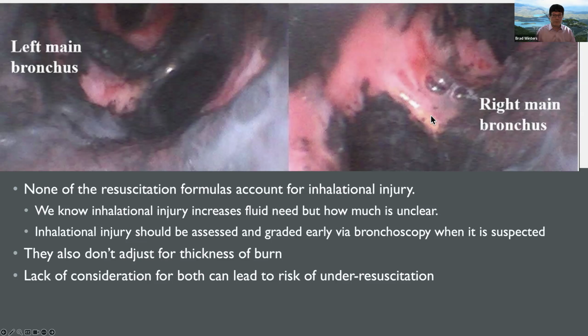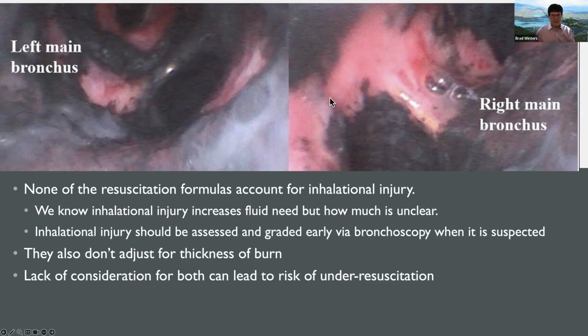And so when we do the bronchoscopy on a patient, we look at this and this kind of creates in our mind, all right, we've got a bad inhalational injury. So we're probably going to have to give a little more fluid than the formula calls for. Maybe we'll err closer to the Parkland side of 4 mLs as opposed to the modified Brooke, which is only 2 mLs. So we'll land a little closer to that higher amount. And we also know that our risk of developing acute respiratory distress syndrome is much, much higher here.